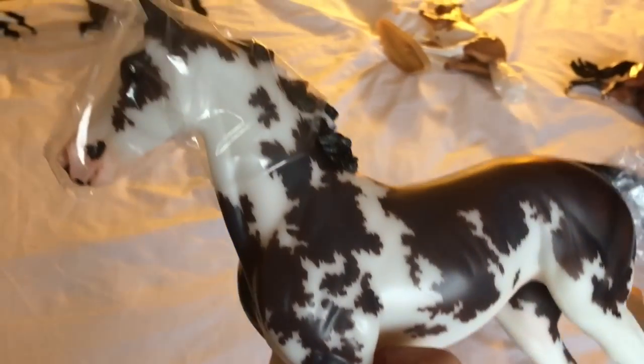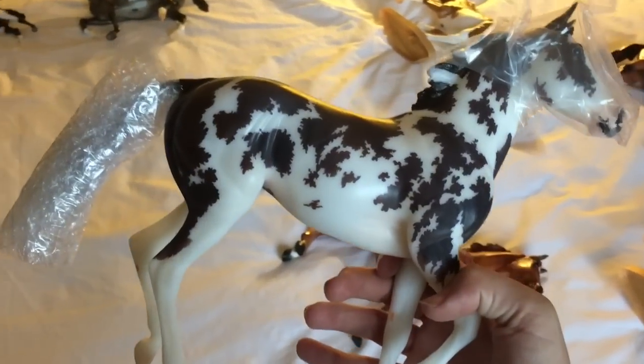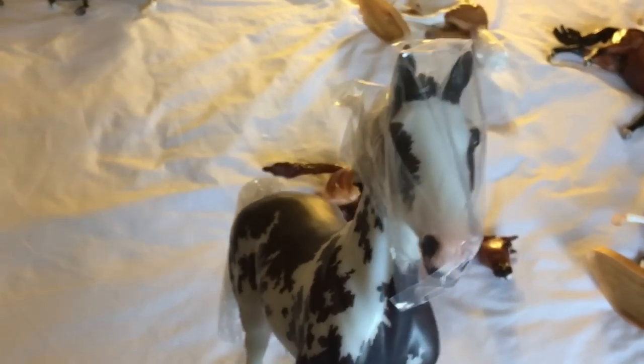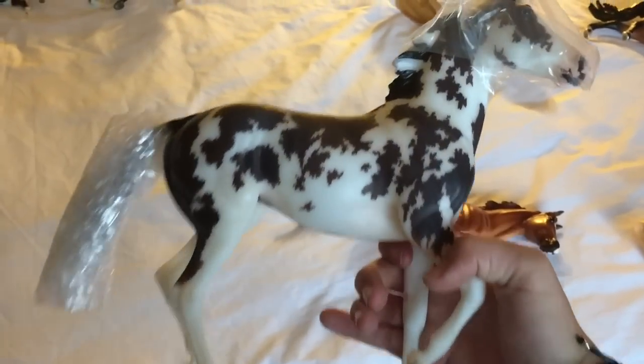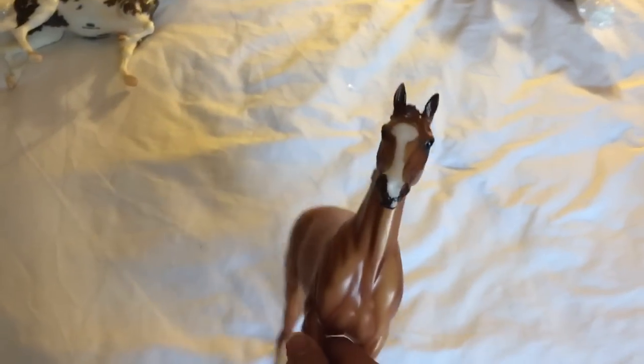And I was kind of debating whether or not to get her, and then she ended up being one of the most popular special runs. And I got a pretty good time, so I picked one up, and I don't regret it at all. She's super cute. Then I already showed you guys that I got the Lonesome Glory re-release, and I'm happy that